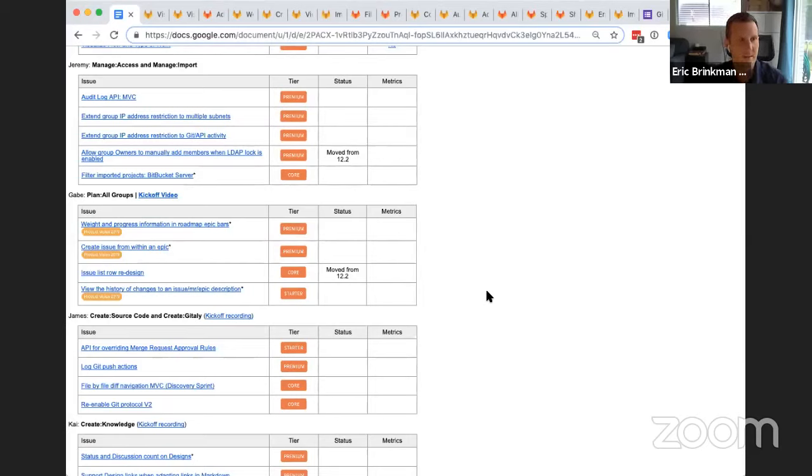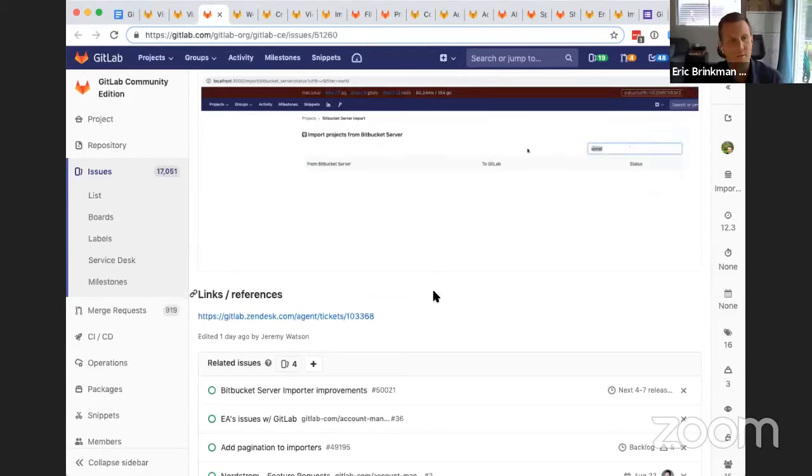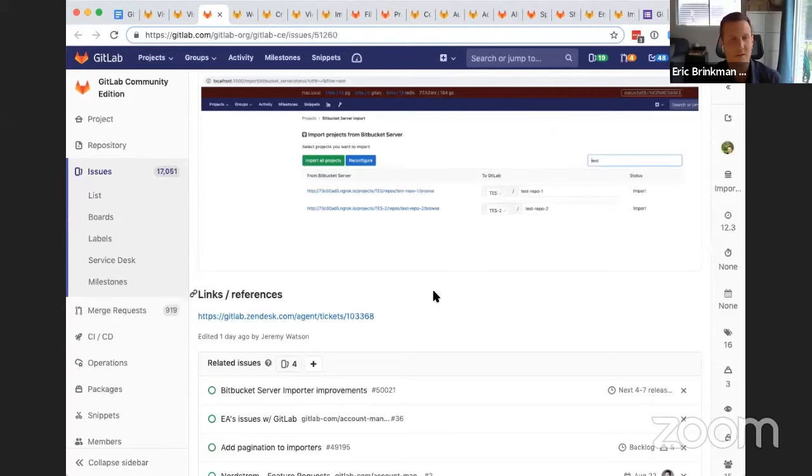And then the last thing I want to highlight on manage is that we're going to spend a little bit more time working on first-class importing. These are going to be from very common tools that people might be importing from or migrating to GitLab from. Bitbucket is one of those. But one of the problems that we've run into is if you just import all of your projects at one time from Bitbucket, it can take a long time.